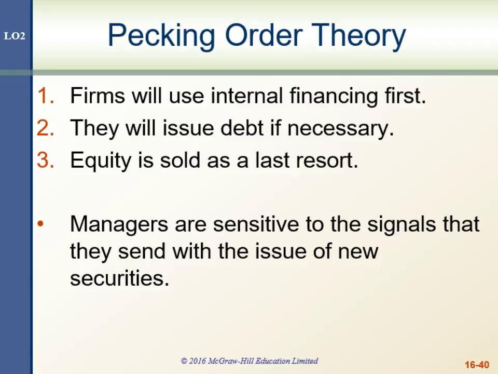A couple of statistics. On average, U.S. non-financial companies borrow about $1 for every $3 of equity, so that implies about a 1 to 3 debt-equity ratio. Different industries typically have different debt-equity ratios, and that would depend on things like income and cash flow variability, the nature of their assets, whether they can be used as collateral.